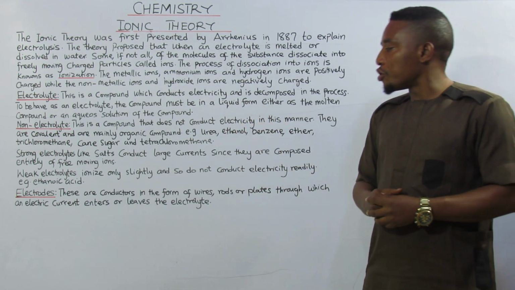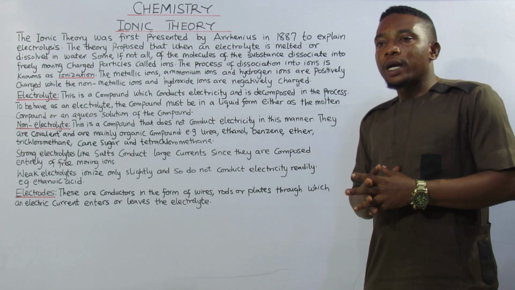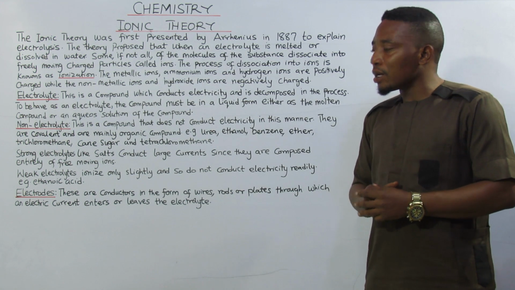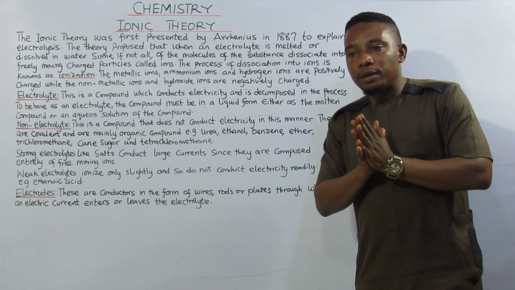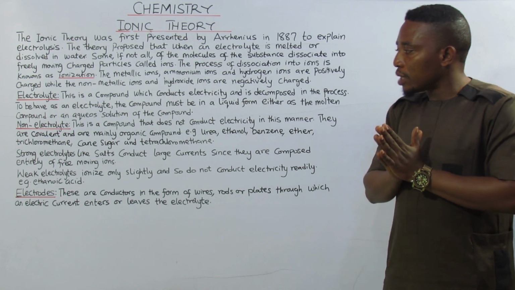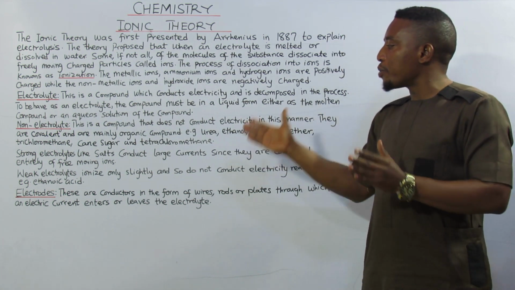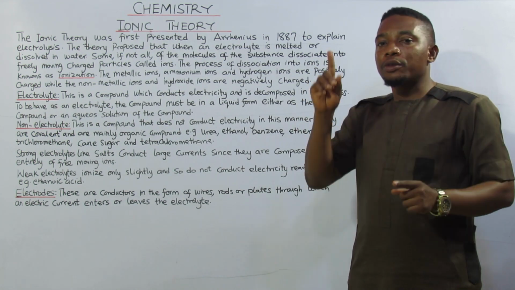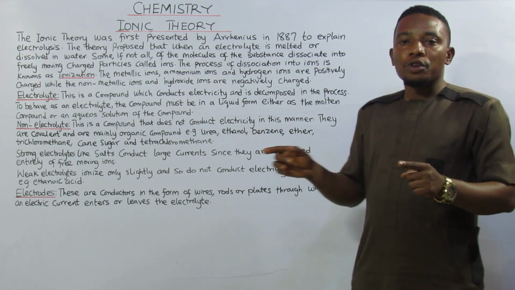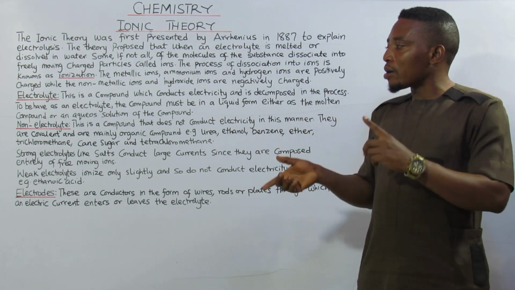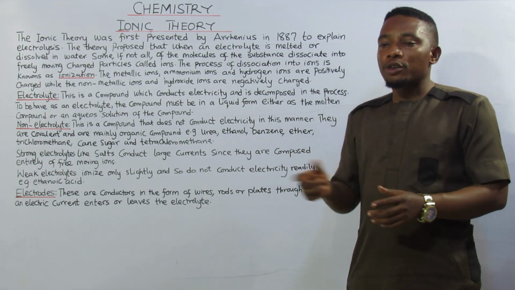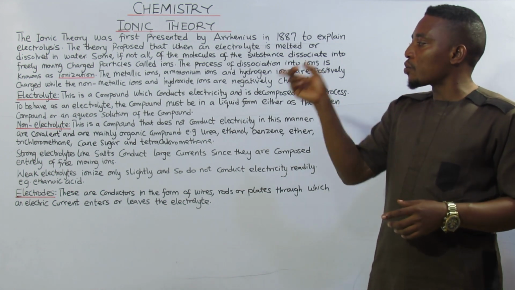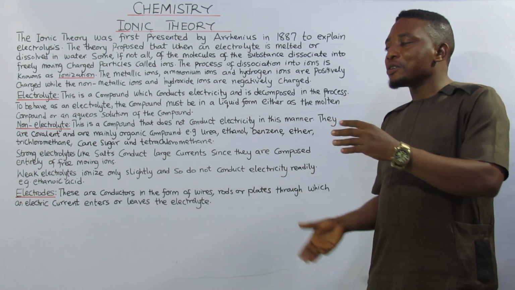For example, when we take urea. We know what urea is. Urea is contained in urine. It's a compound. When you use urea, maybe you get a tin of milk, the used one, you put urea in it, and you get two rods, one serving as cathode and the other serving as anode. Then you connect wires, and to the wires you put a source of electricity. You connect one to a 1.5 volts cell. You connect one to the positive side and connect the other one to the